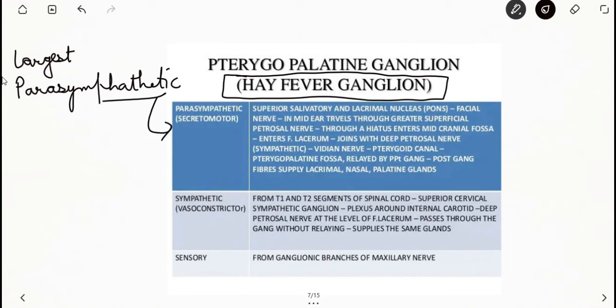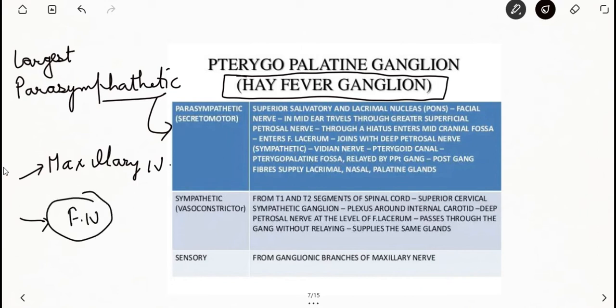So it acts as a relay station for secretomotor fibers to the lacrimal gland, to the nose, to the paranasal sinus, palate and pharynx. Topographically, it is related to maxillary nerve, but functionally it is connected to the facial nerve through the greater petrosal